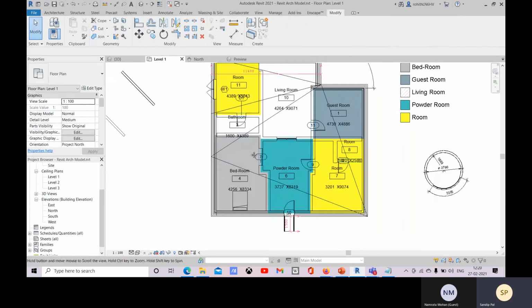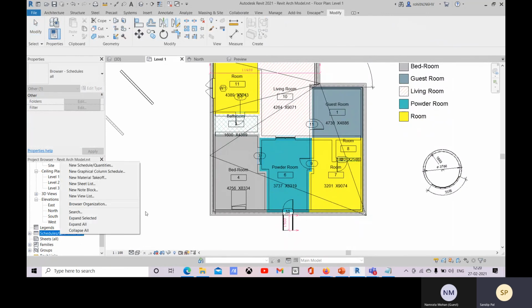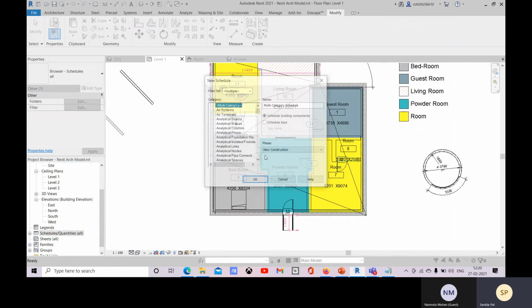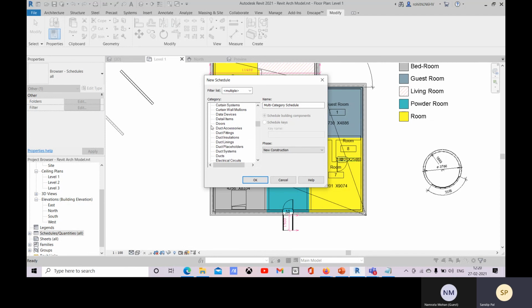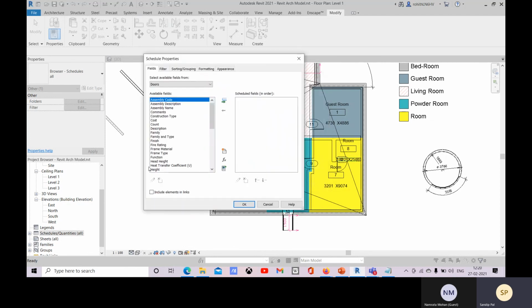Now if you create a door schedule, new schedule, go to door schedule, click on OK, and there you can mention the family and type, and add other things also.